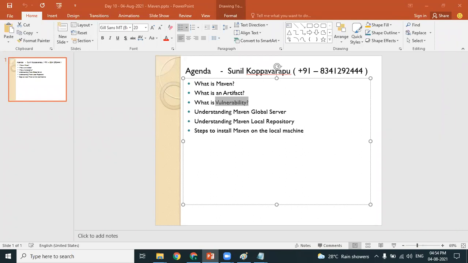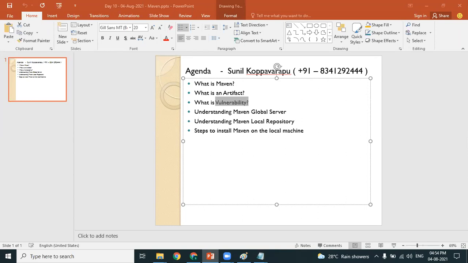Sir, I missed the class yesterday where you showed the central repository. Central repository is where we push the code from the local repository to the central repository. What is the use of that central repository, sir? Did you go through the recording of the previous session? No, sir. Please go through that. Central repository is a common location where the complete source code of the entire project will be available.